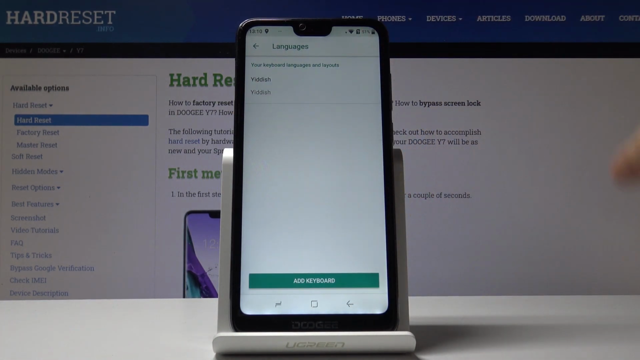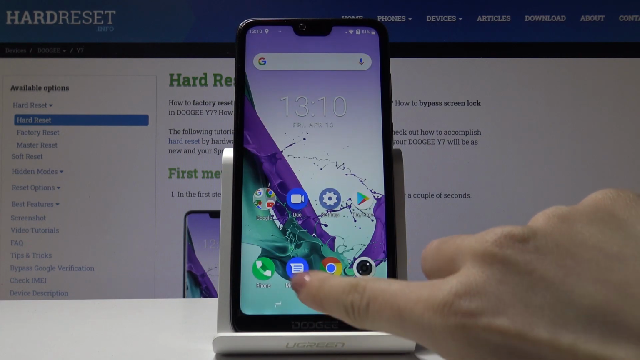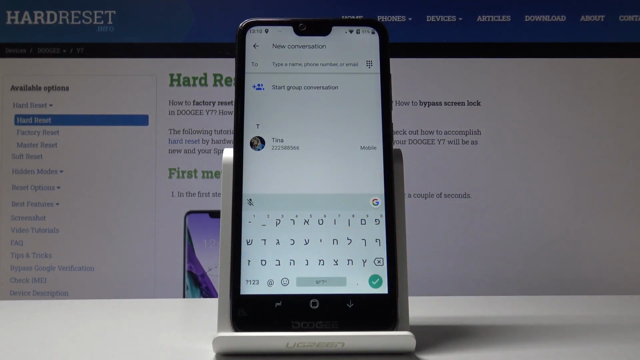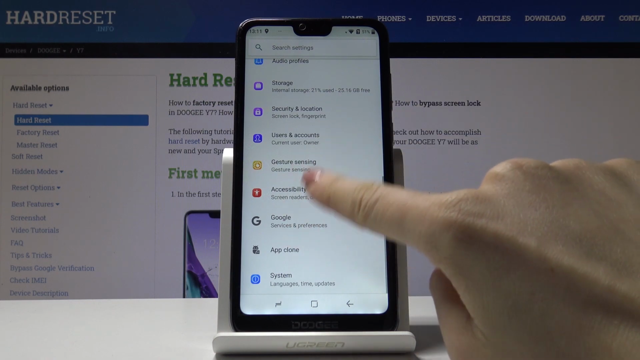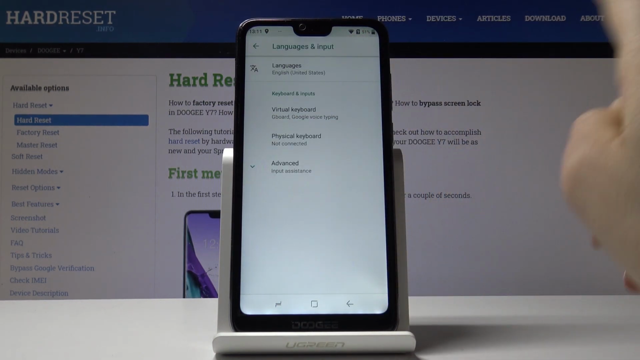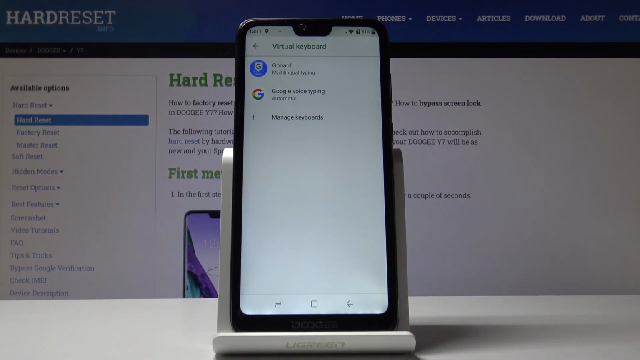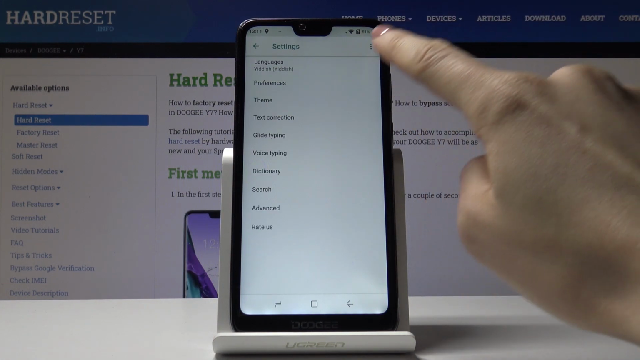and select Bin. And as you can see now, you've got new language in your keyboard, so in my case it's Yiddish. And then if you'd like to change it again, just open the settings one more time, go to System, pick Languages, go to Virtual Keyboard, select Gboard, go to Languages,